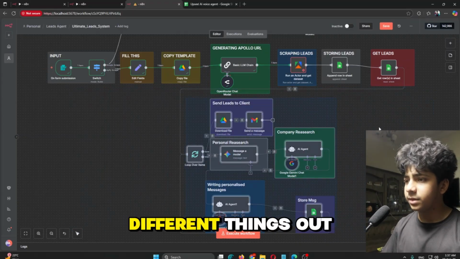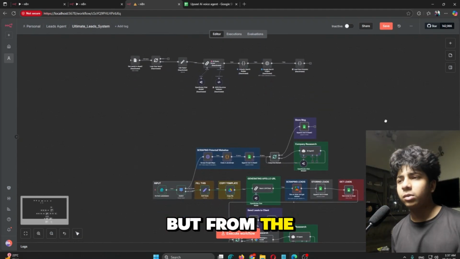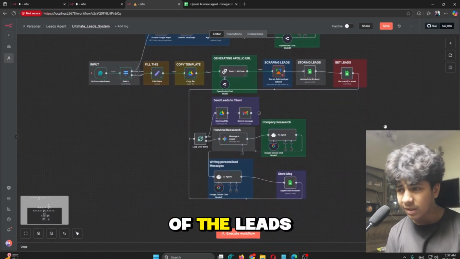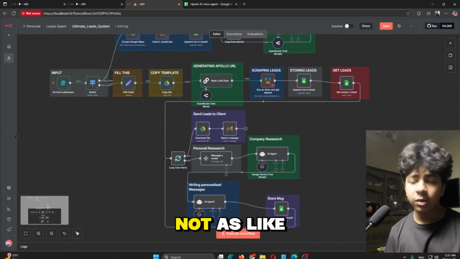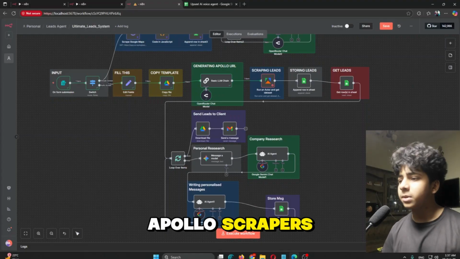I have been testing different things with the Google scraper, but the quality of the leads is not as competitive as on the Apollo scrapers.